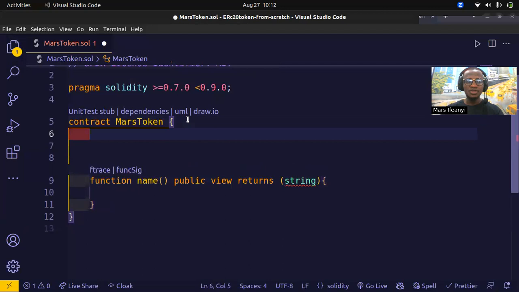So we are going to define a variable string. You can make it public or you can make it private. Yeah, but let's just make it public. Yeah, token